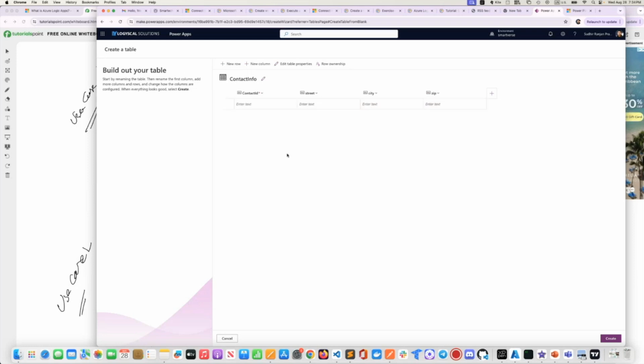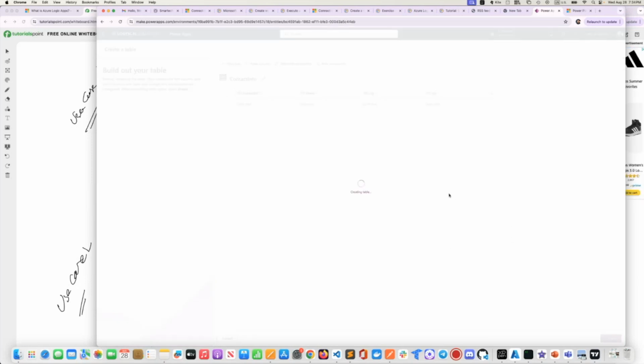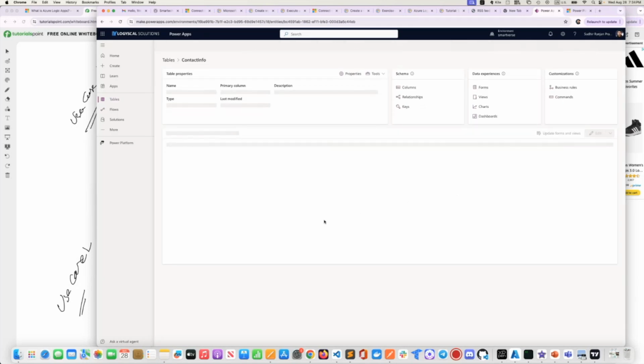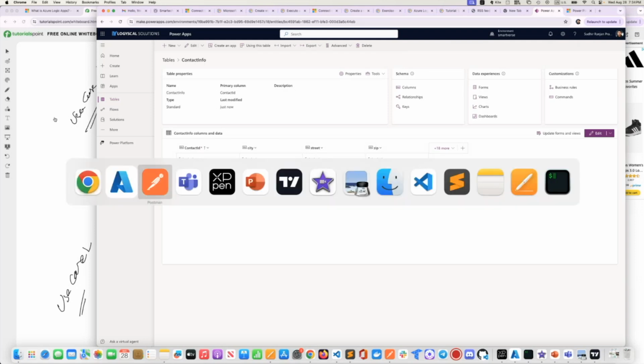So whenever we are getting a full address, we are trying to capture that address, split it, and store it in a different contact table. That's how we are trying to have our use case, correct? So now both tables are created. Now we'll go back and try to build our